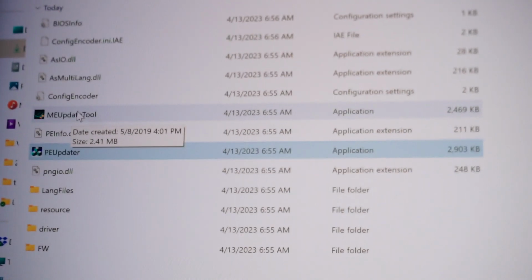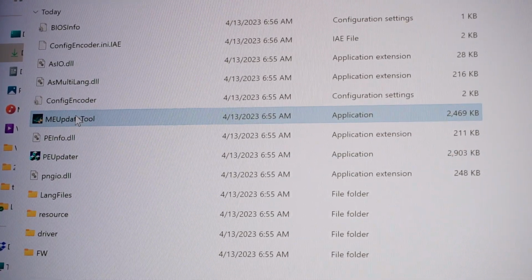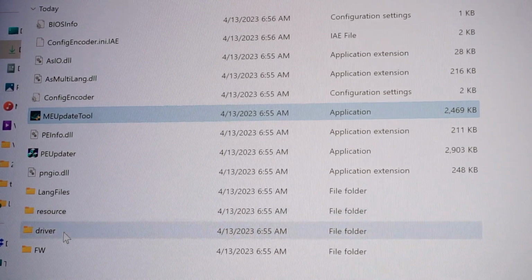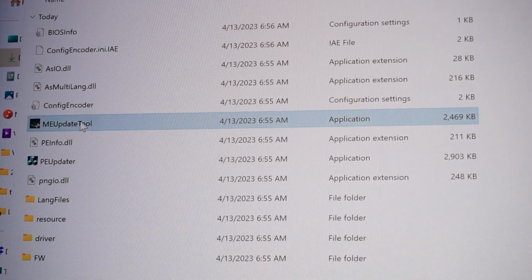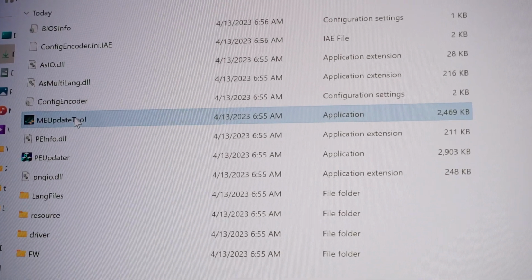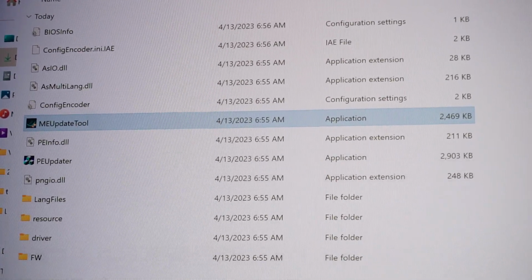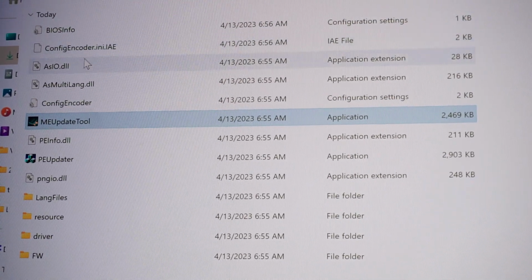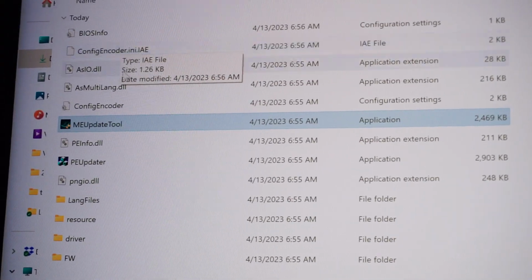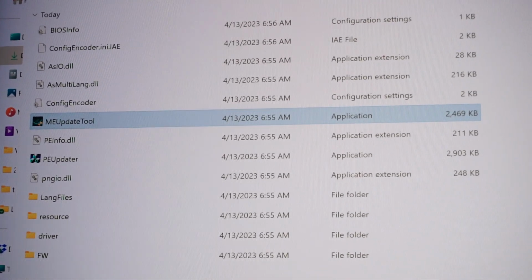So just double click this tool right here in the driver. No, here we don't have anything. Let's see if I double click it again. Basically nothing happens, just these two files appeared, and that's it. Okay,